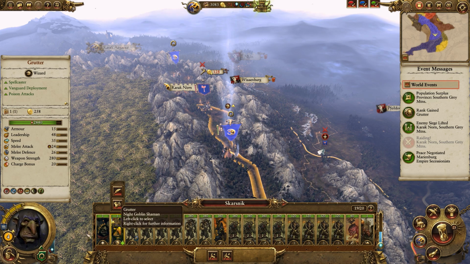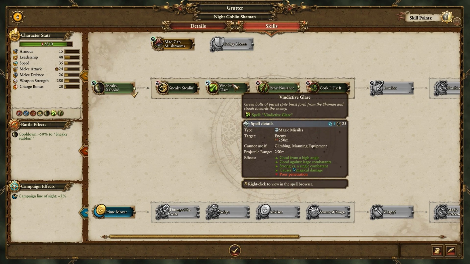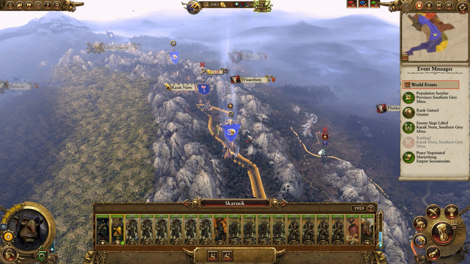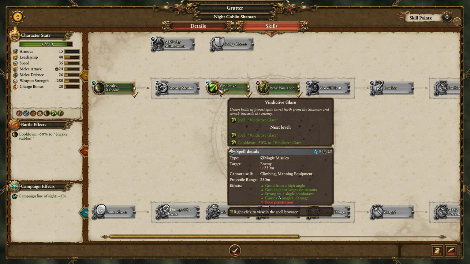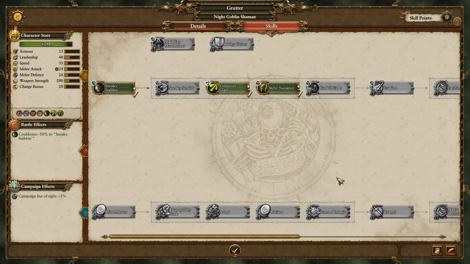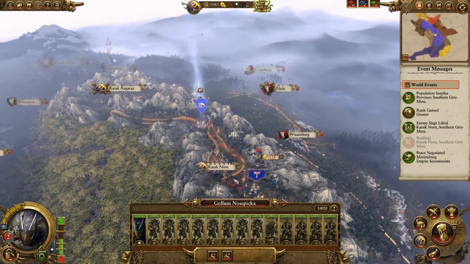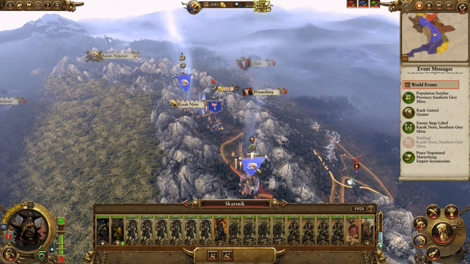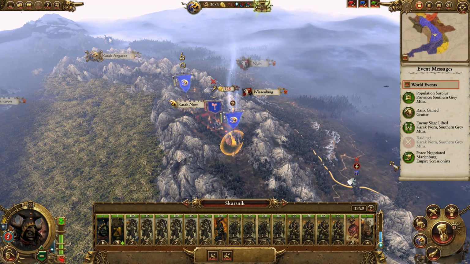Let's see. And our Night Goblin Shaman leveled up. Fantastic. That's good. I'm going to get Vindictive Glare because it's a magic missile spell and it will do nasty damage to his ethereal units. Okay. So, let's see. Let's put you in here. I think that's within reinforcement range. And then let's get you...